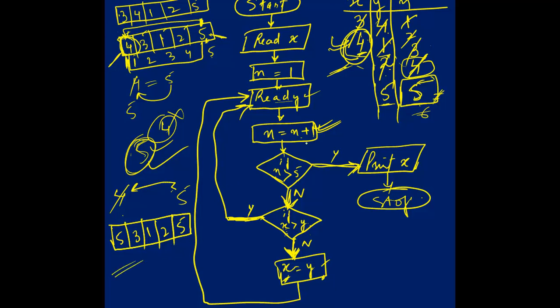I have replaced it here, but the problem is that it will again move when it replaces. This x will become this y, this 5. This was earlier 4, and this 4 has become this 5. This 5 has been assigned here, so this step has been completed. After that it will again move here. It will again read y. What will it read now? Here is no y again. There is no new value to be read. So this is another inefficiency in our flowchart that I will cover in the next tutorial. Thank you.